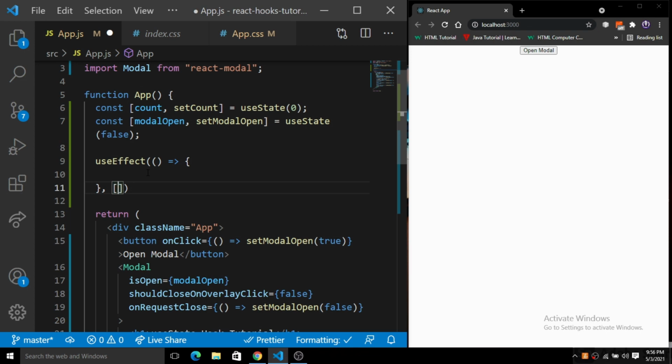When the UI is painted, meaning when another component loads, it makes sure to clean up the effectful function. So it prevents the memory leak, which is a very important thing you have to consider here.